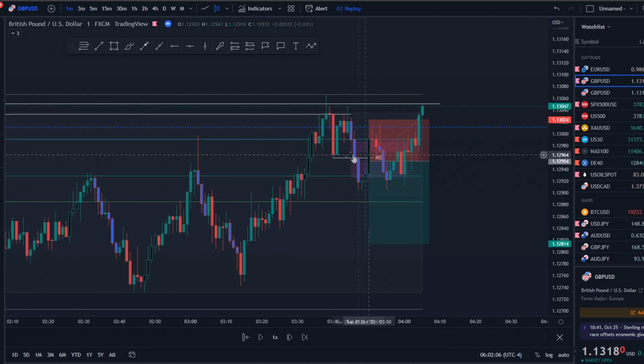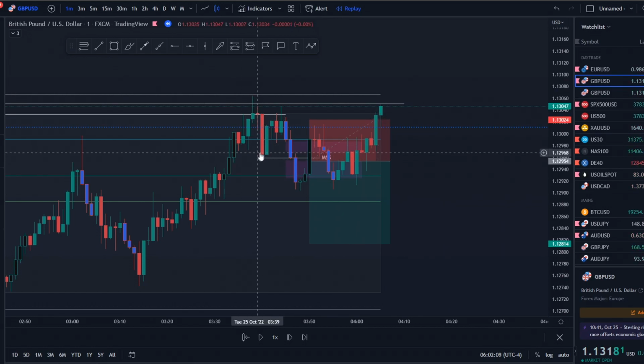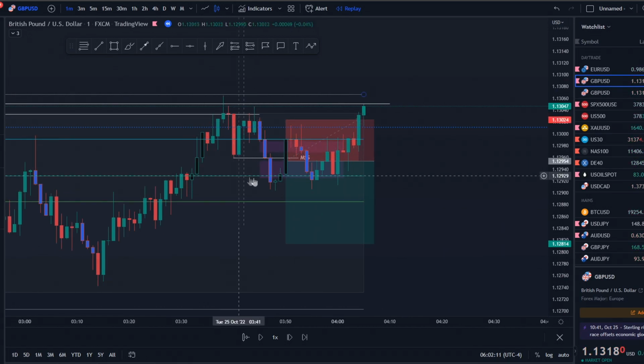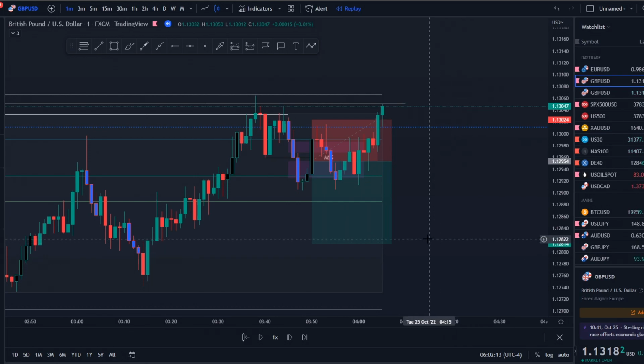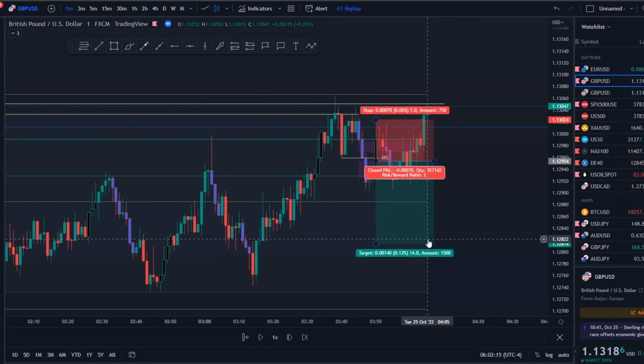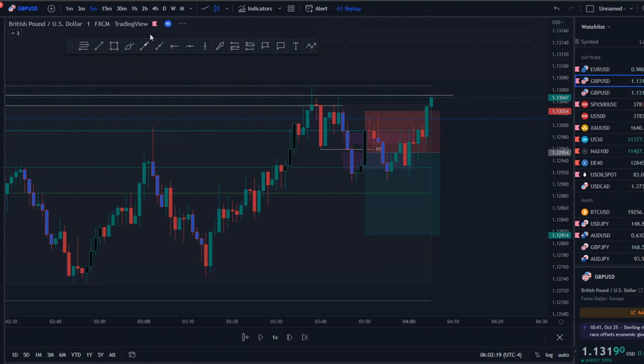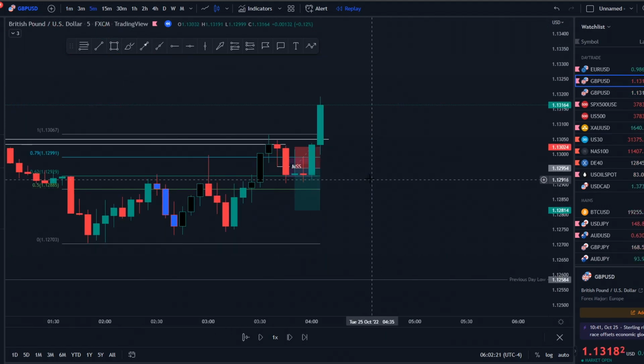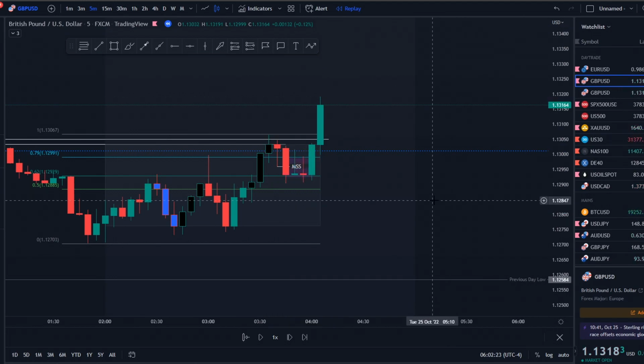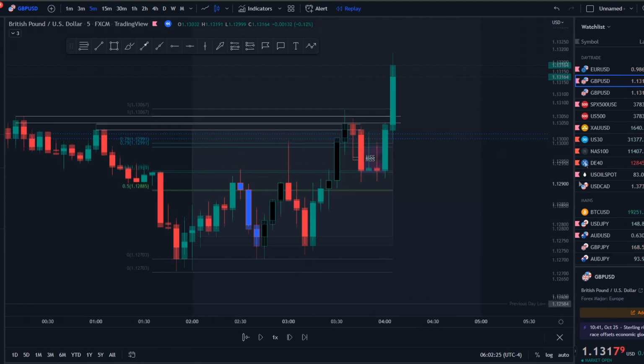I think this candle right here wasn't really that clean in terms of structure break. I mean, if we go out to the 5-minute chart, let me delete this. If we go down to the 5-minute,